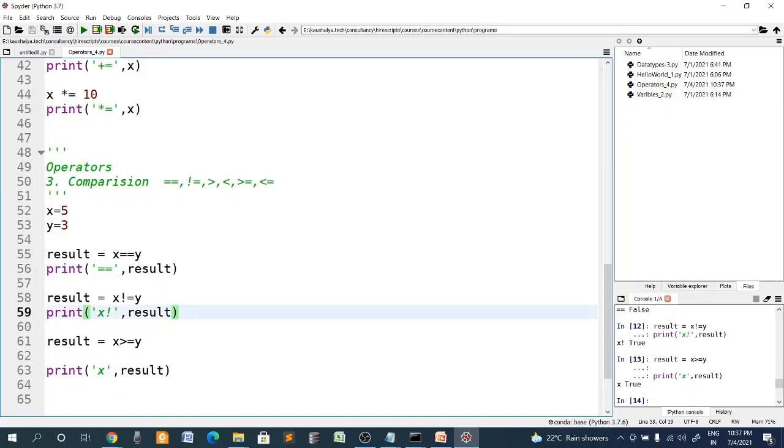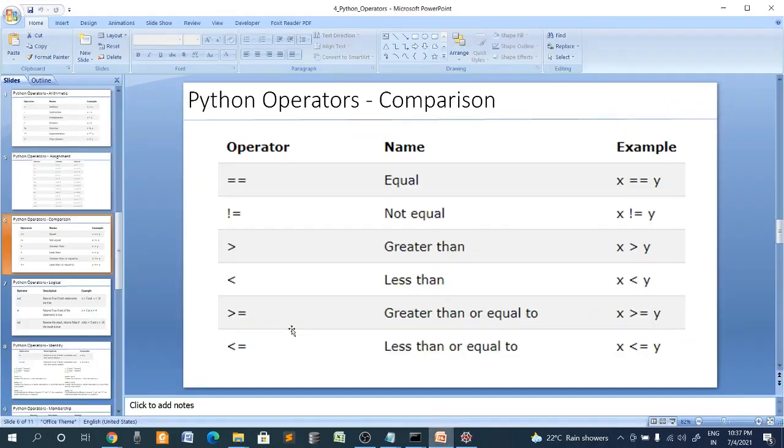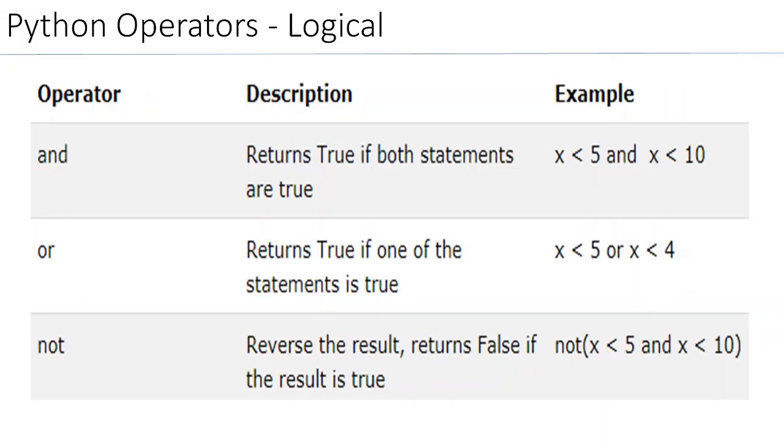And after the comparison operators, what we had was the logical operators. So here you should have two expressions, one on the left hand side, another one on the right. When I say and, if both the expressions, left hand side and right hand side, result is true, then this entire expression would be true. Similarly, or means any one of